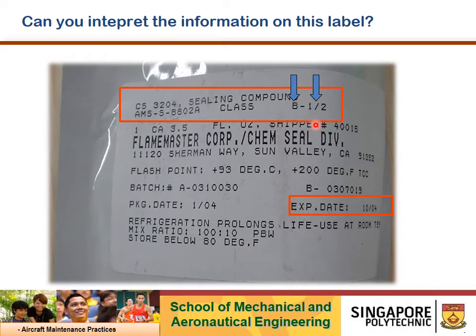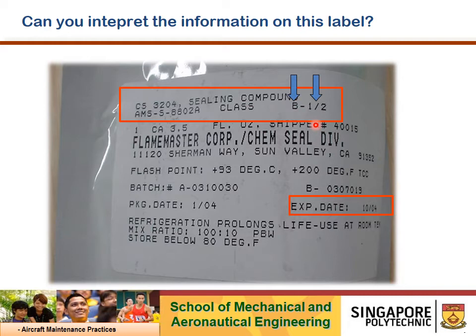All right. Most of the time, this is important if you know that your tea break time is 10 to 10:20 and you are supposed to mix your sealant at 9:50, then it doesn't make sense. So if you have to make a sealant in this B half, then it will be best after your tea break. Otherwise, you mix it and go for a tea break, come back, the sealant can only be discarded